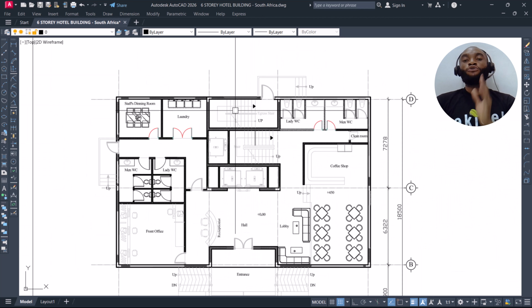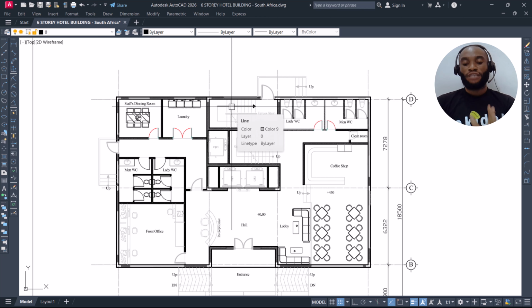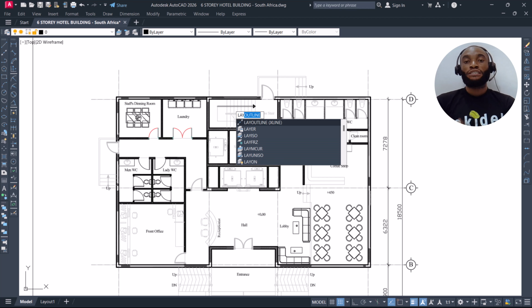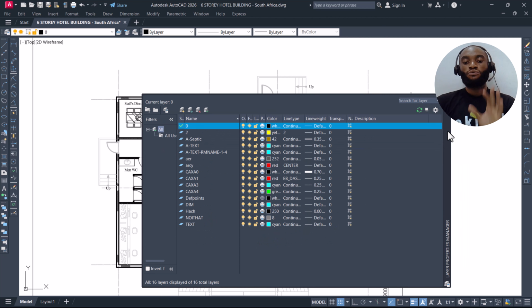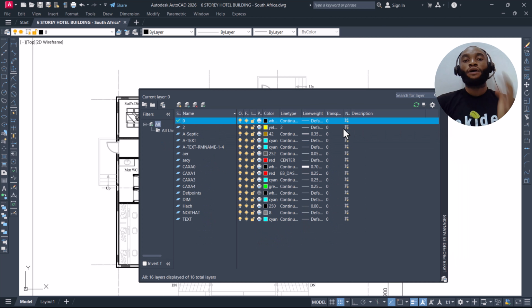So knowing that we are going to use Protastructure for this design, we are going to create 2 layers. The layers, we are going to call one column, and then we call one grid. So in that, I'll come now and type layer. I'm using 2026 AutoCAD, so I'll just type layer, and I'll press enter. So on this enter key now, we will come here and create 2 layers. Call one column and call one